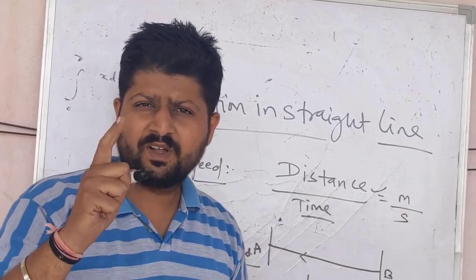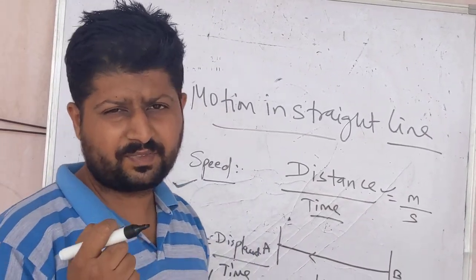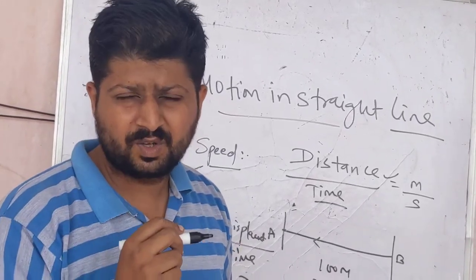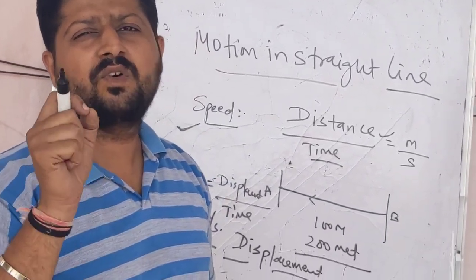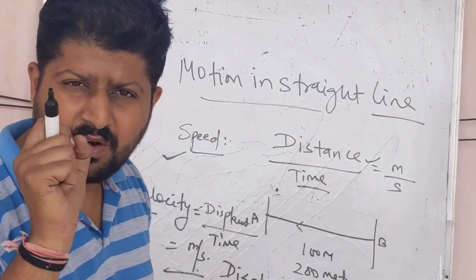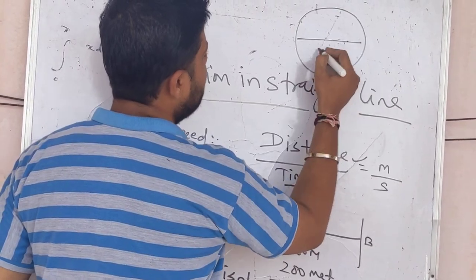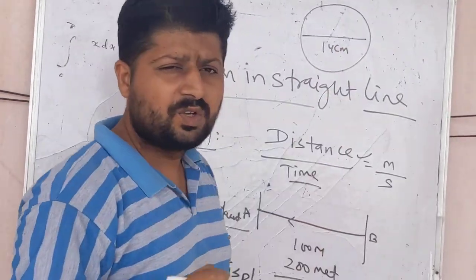So I have one question. A runner is moving on a circular path whose diameter is 14 centimeter. So the diameter is 14 centimeter. Find